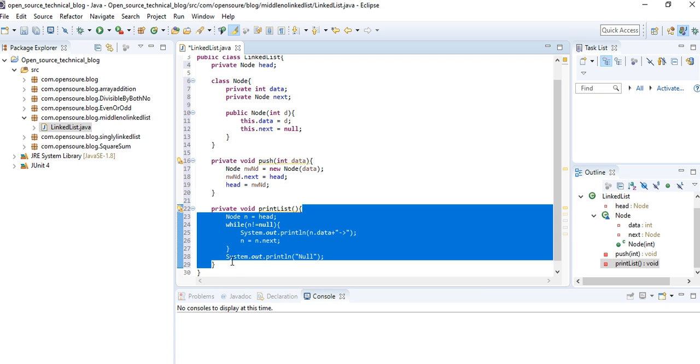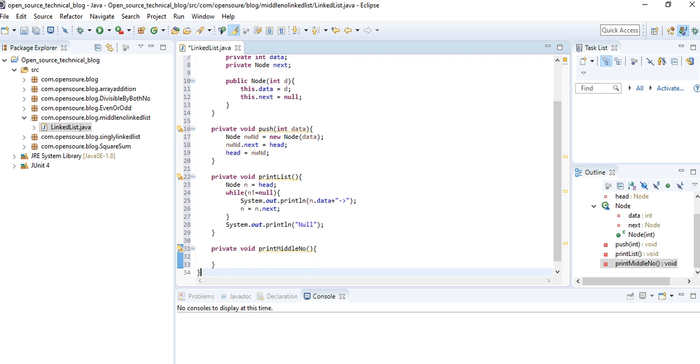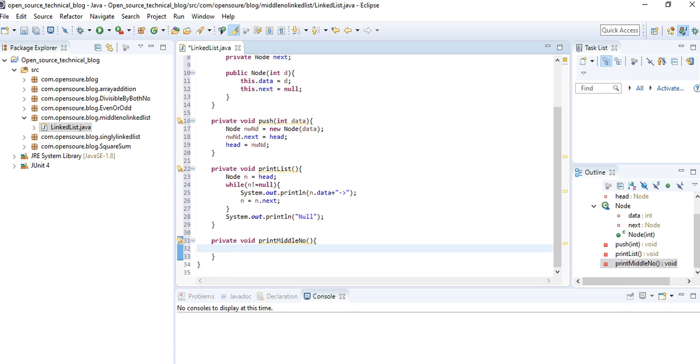Then we need to add a method where we can print the middle node. Print middle number. So as we have discussed, we need to use two pointers.